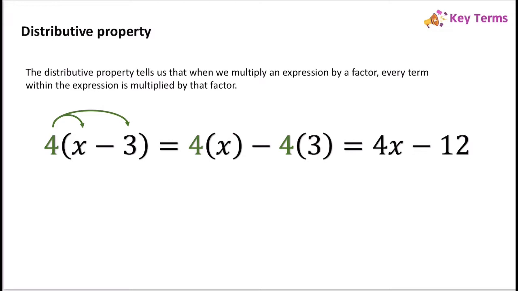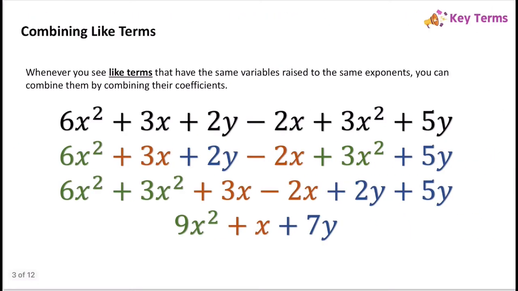So for example, if we're doing 4 times (x minus 3), the 4 will multiply x and the 4 will multiply 3. So we have 4x minus 12. So also we need to combine like terms. So when we have our final expression after we do all our multiplying, sometimes we'll see some terms that we can go ahead and combine. Remember, like terms are terms that have the same variables raised to the same exponents,